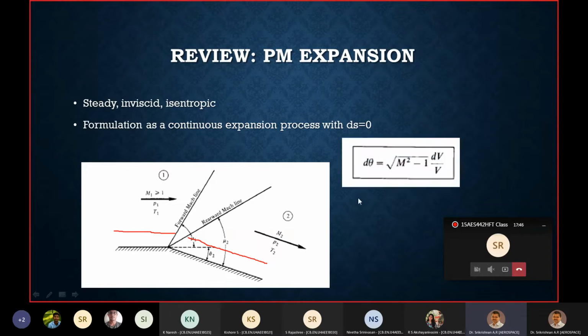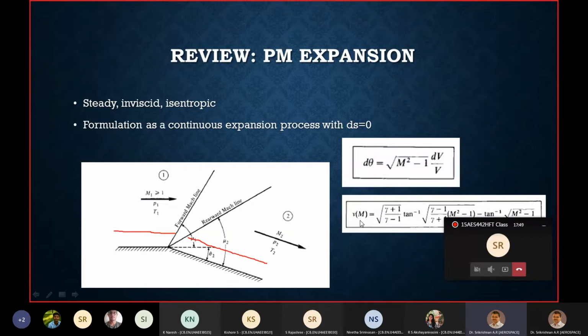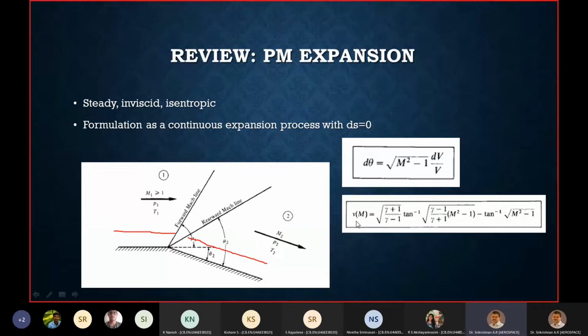We have derived an expression for what we call the Prandtl-Meyer function, nu(M), a function of Mach number: nu(M) = sqrt((gamma+1)/(gamma-1)) tan inverse of sqrt((gamma-1)/(gamma+1) (M squared minus 1)) minus tan inverse of sqrt(M squared minus 1). This is the Prandtl-Meyer function, which we know is available in the form of tables, which we have made use of for calculating